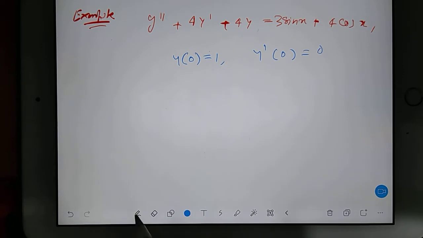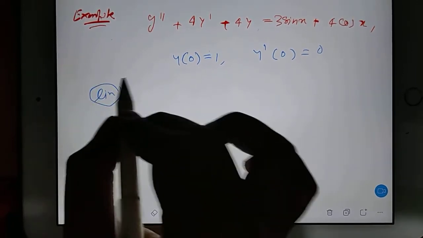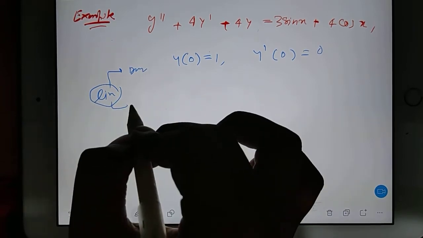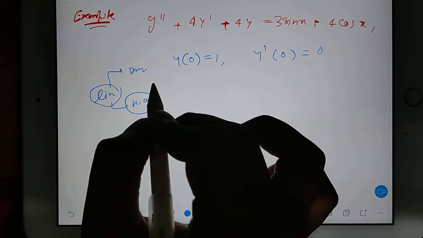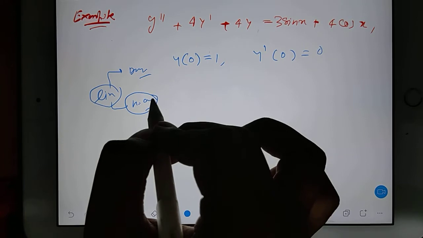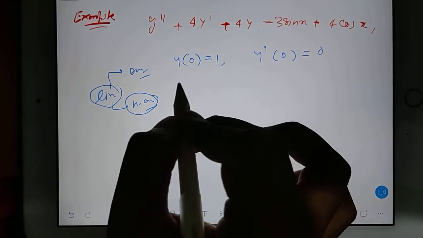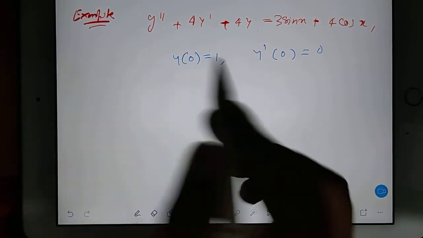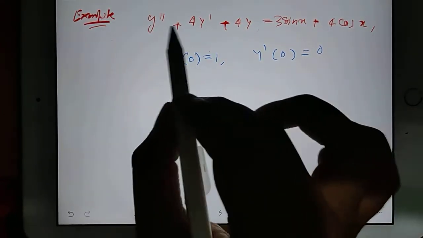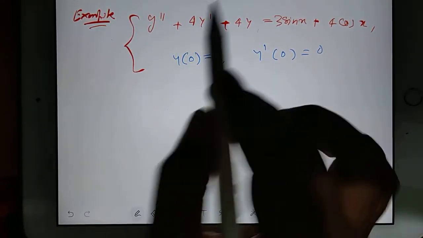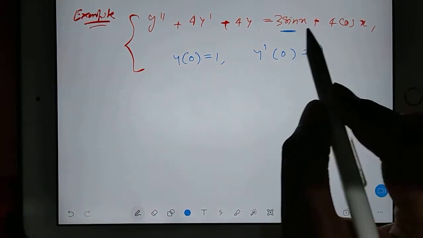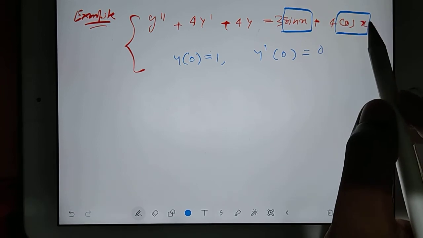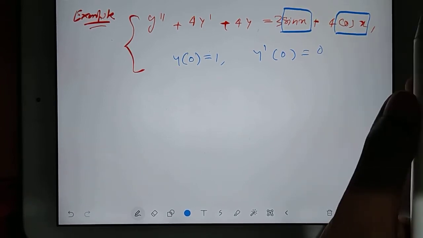It means if you have a linear equation, you can solve it for higher degree also, and you can solve it for higher order also. In both cases you can solve. Very soon we will jump to non-linear equations also, but we have to wait for a few things. Now understand, whenever these kinds of questions come, for this one you will calculate a separate PI, and for this one you will calculate a separate PI.